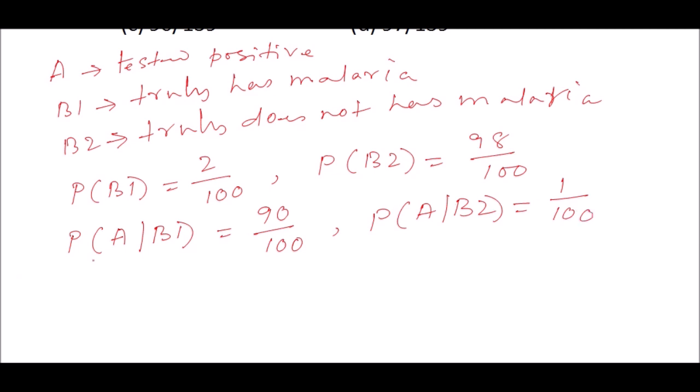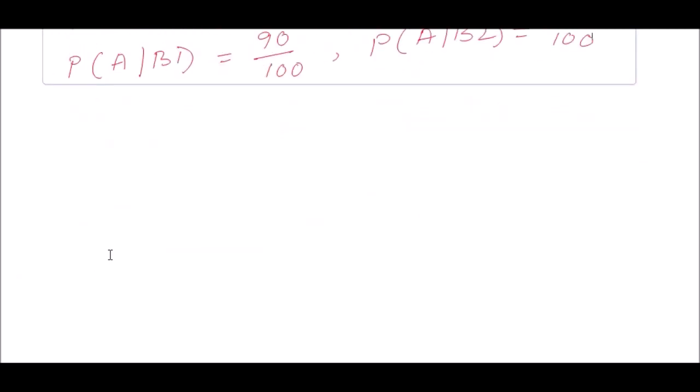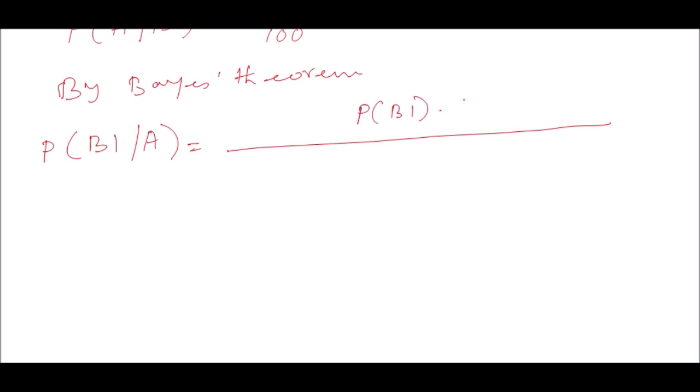Now, by Bayes theorem, we can apply the Bayes theorem. We have to find the probability that the person truly has malaria when the person already has a positive result, and that is our finding. Therefore, according to the Bayes theorem, that is P of B1 multiplied by